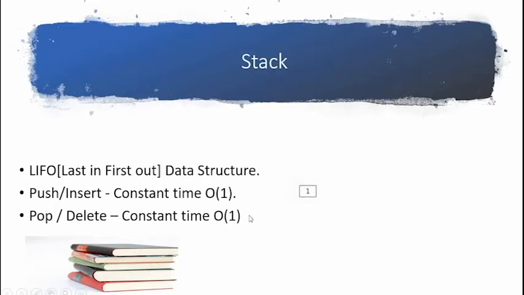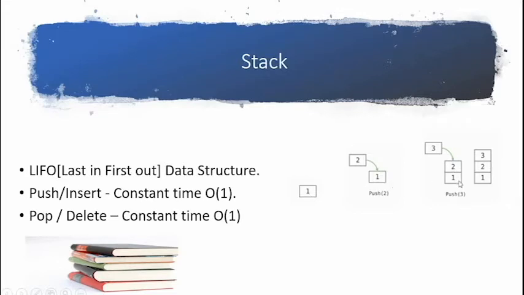Now you see, this is the first item. I have a stack into which I have inserted this first item, and then I am pushing this second item to the stack. So that is a push, and then I am pushing this third item. At any point in time, when I am pushing, it goes at the last position, so this should be the last entry. It does not depend upon the size of the stack.